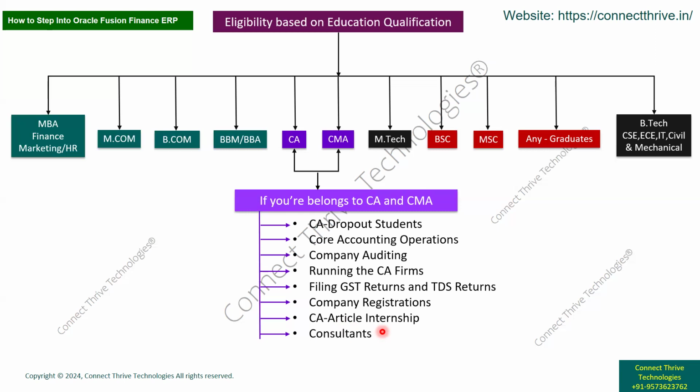So next one, consultants: we give some guidance, some auditing information, and do the filing of returns, GSTR1, GSTR returns. All these activities we do as CA students, or CA completed or CMA completed students. These students and professionals can also join this course and change their career to functional consultant instead of doing back end work. Next one,